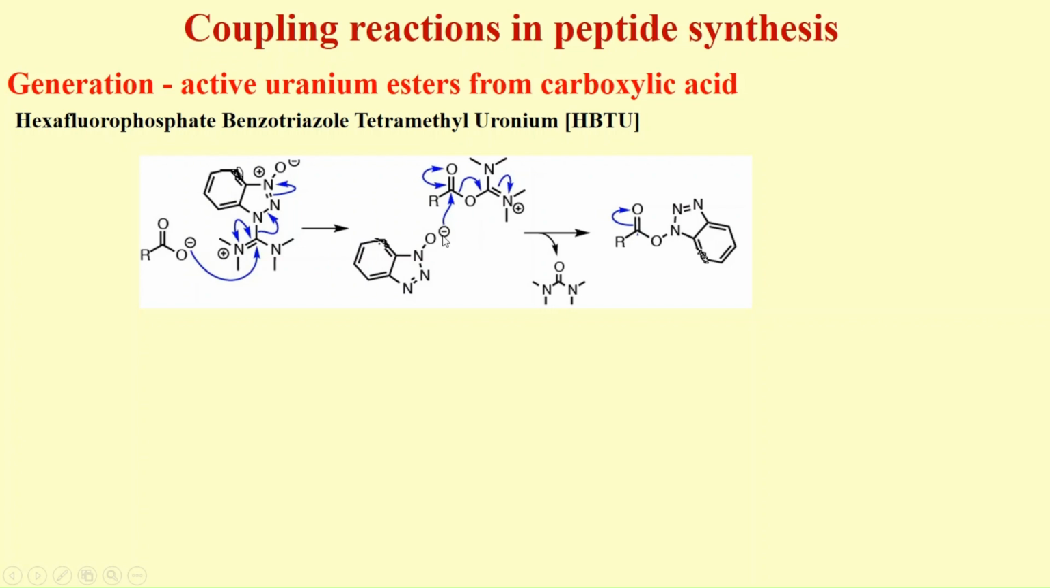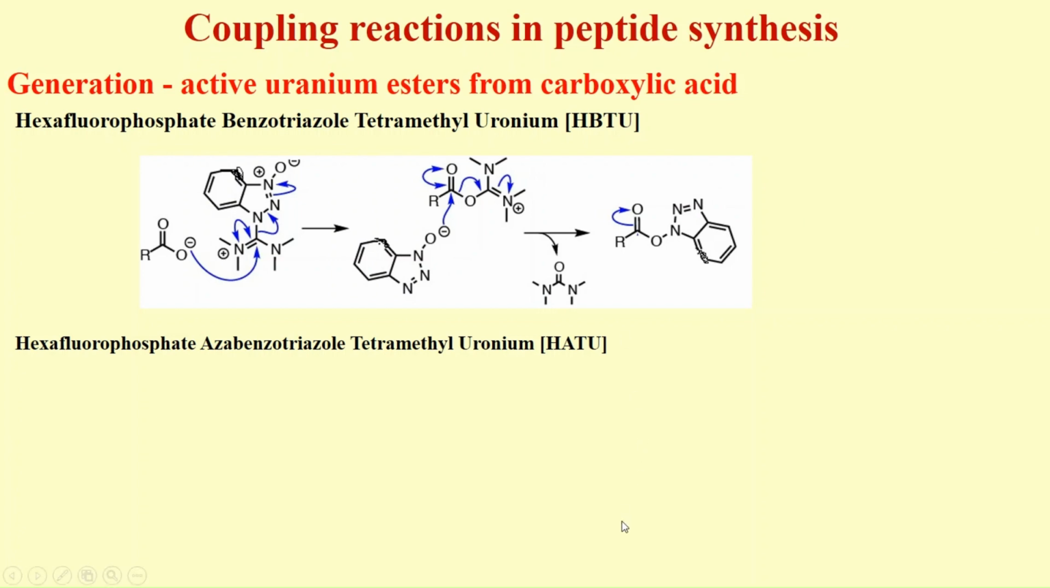This O minus of the benzotriazole attacks the carbonyl carbon and kicks off this group as urea and gives the benzotriazole derivative of the amino acid. Here also we got a benzotriazolyl ester like that of DCC or DIC, but using only one coupling reagent. No coupling additives are required. In fact, they have combined the benzotriazole, HOBt, with the imide to get the corresponding HBTU, which has specific advantages